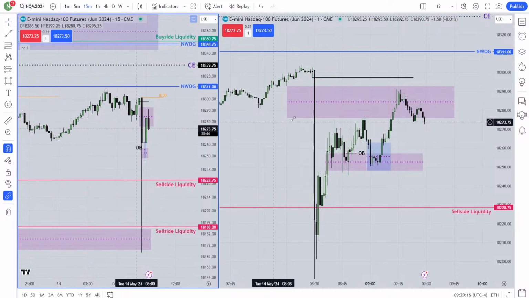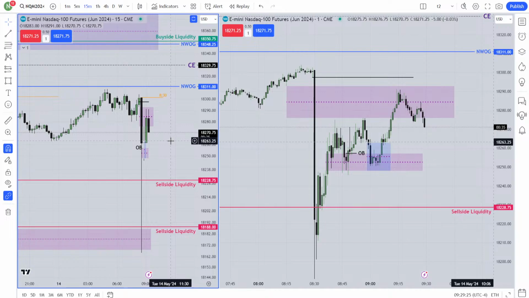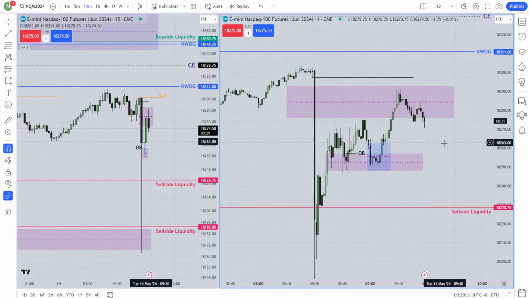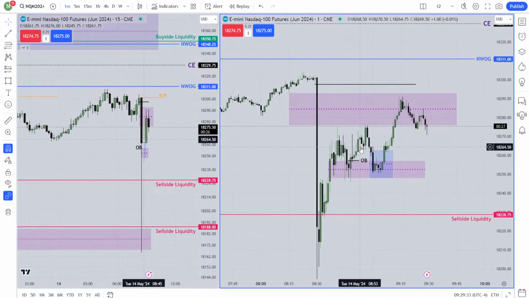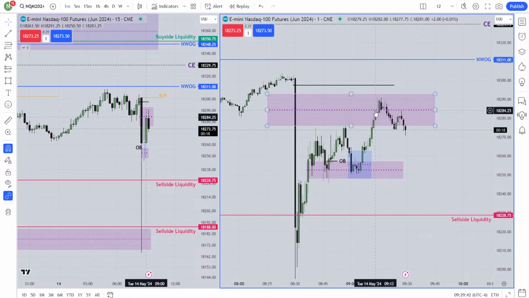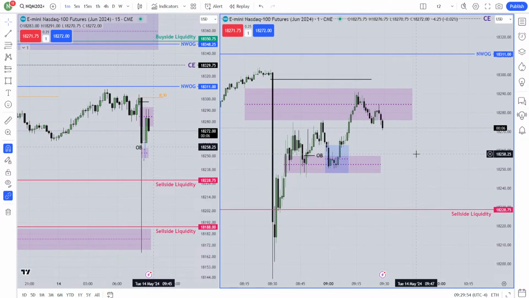Again, for CPI, it's going to be the 1 minute fair value gap consequent encroachment. For PPI, PMI, it should be the 50%, and also for the FOMC, the 15 minute fair value gap, not 1 minute. Again, for PPI and PMI, it should reach until the low of that fair value gap. That means if it goes through the 15 minute consequent encroachment, then it should reach until the low of that 1 minute fair value gap, or maybe the 15 minute fair value gap. It depends. Okay, so that's all for the news.